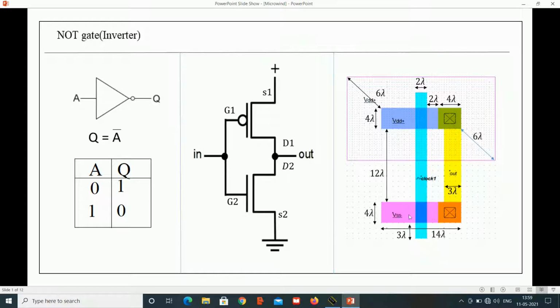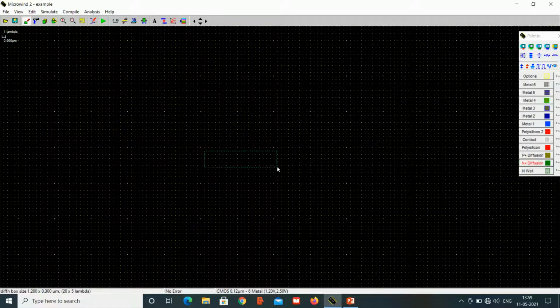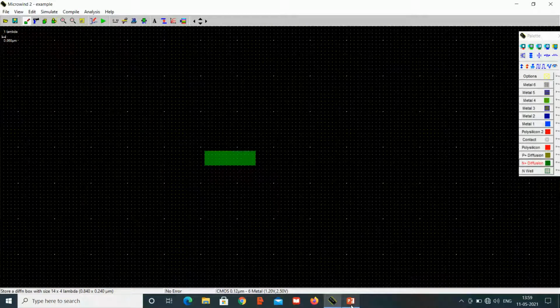Now first let's start with this N plus diffusion and P plus diffusion. Both this N plus and P plus diffusion are of 14 by 4 lambda. So for that select an N plus diffusion and draw with a length and width of 14 by 4 lambda. The length and width are displayed at the bottom left corner.